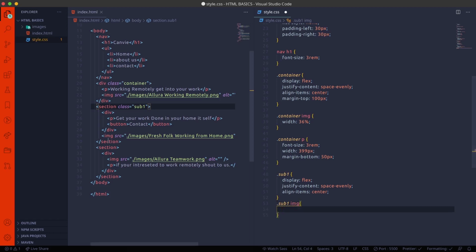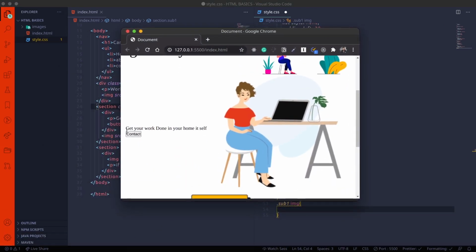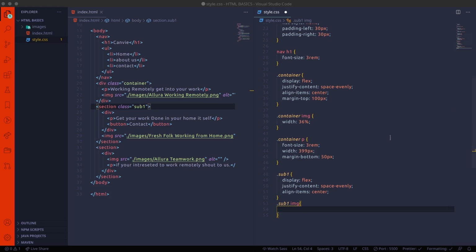So here I'm using the div tag and the image tag. Now when we put this image tag in between these two, then it will get an error, so the flex property will not apply to that. We want the image and the text to be side by side. So I'm dividing the section, so I'm using the div tag. You can observe clearly why I'm using the div tag. This contact button and the paragraph will be one part and the image will be one part. So now we can decrease the image of the sub1.